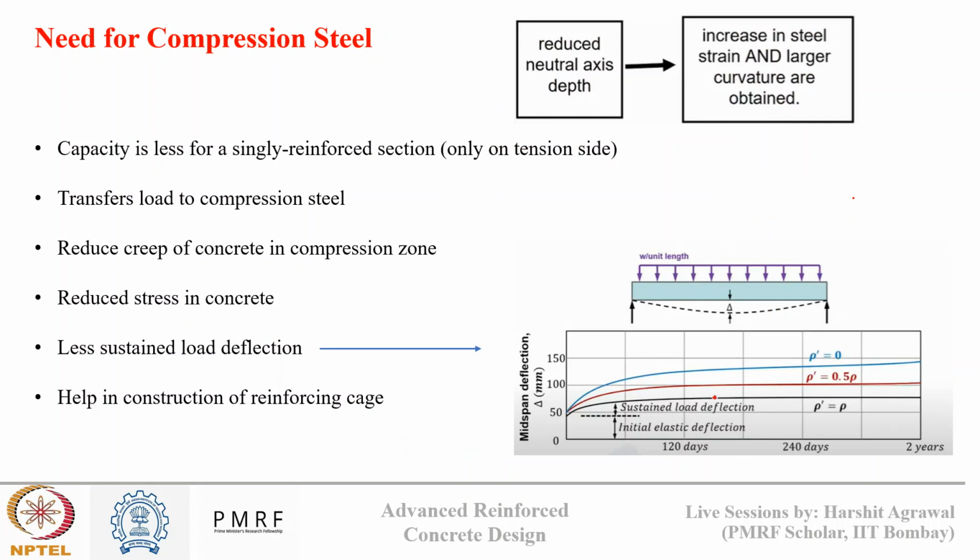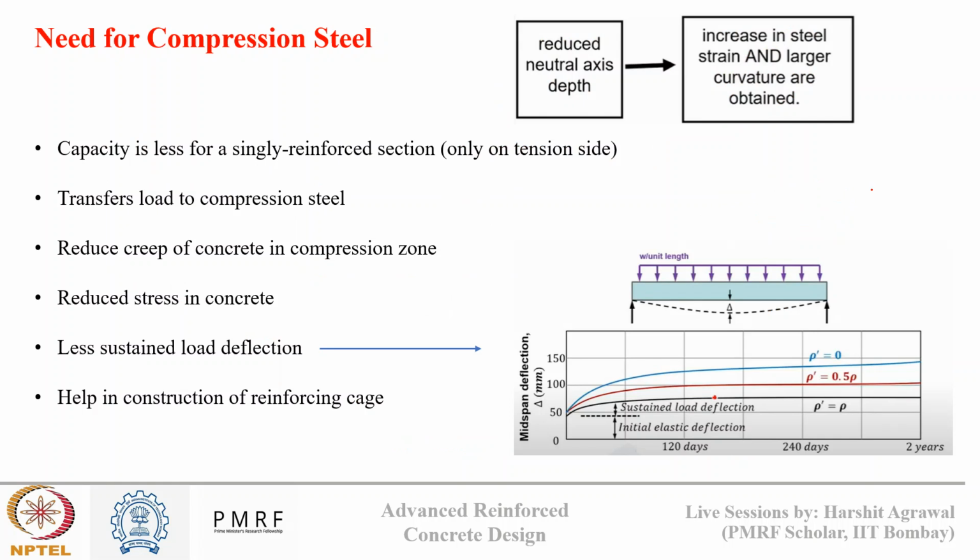So generally, as we have discussed, when we design a reinforced concrete section to resist any flexural loading, we prefer an under reinforced section. Why? Because under reinforced sections fail in a ductile manner, and that is a safe failure which helps the residents inside the building to evacuate if the building is experiencing any collapse. However, suppose the area of steel on the tension side is not enough to support a certain bending moment. Like for example, in a balanced section, we know the moment of resistance is 200 kilonewton meter, and the